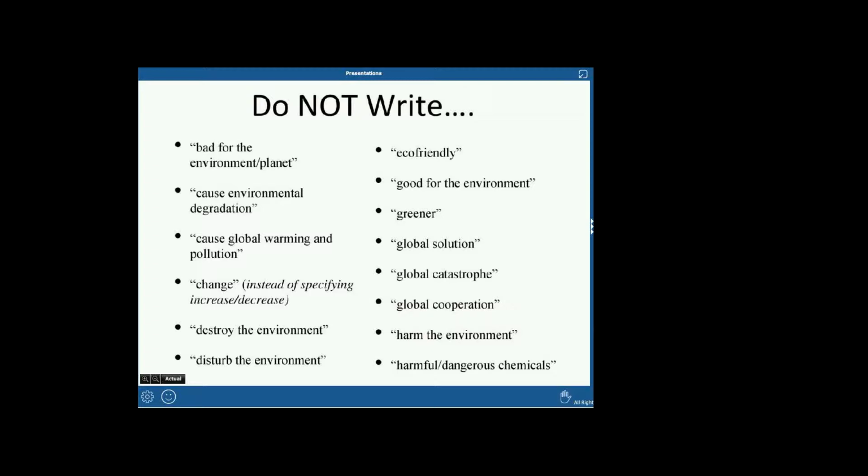And then, I see these a lot in your discussion postings, not y'all in particular, but in general in the group, and also in FRQs and lab reports and things like that. These phrases are considered vague. They're totally vague. They like to say if a 5th grader could say it, then it's probably not enough to earn AP credit, right? So if you say fertilizers can harm the environment, well, yeah,